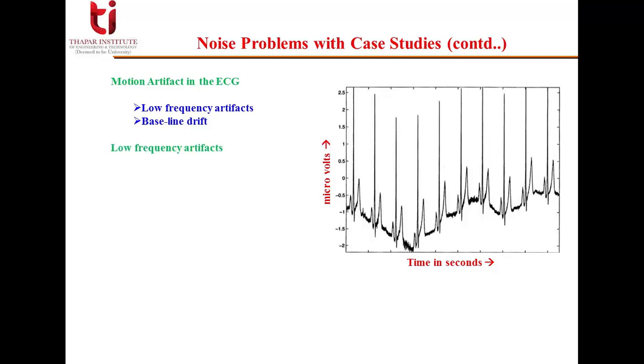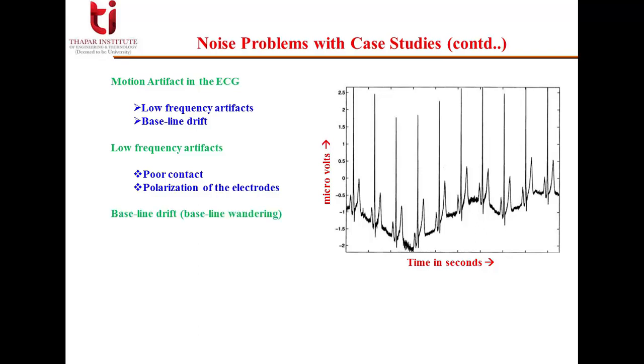Also, these are caused by poor contact. In chest lead ECG signals, it is caused by coughing, breathing, or a large amount of movement of the chest, or when the arm or leg is moved in limb lead ECG. So we can say that poor contact causes low frequency artifacts. Also, the polarization of the electrodes contributes to these low frequency artifacts.